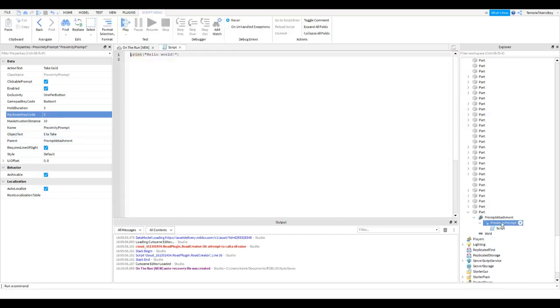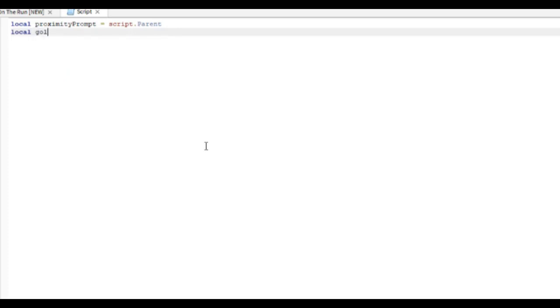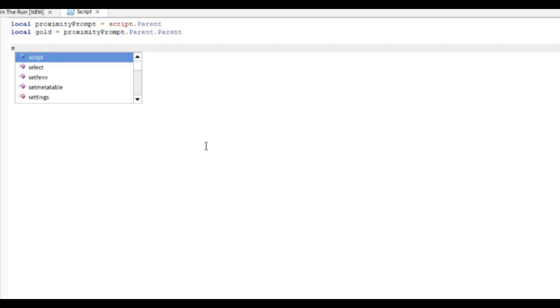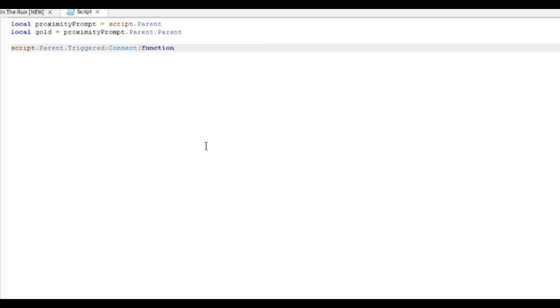Inside this you're going to add a script, get rid of print hello world, and first you're going to do local proximity prompt equals script.parent, then local gold equals proximity prompt.parent, and then script.parent.triggered connect function